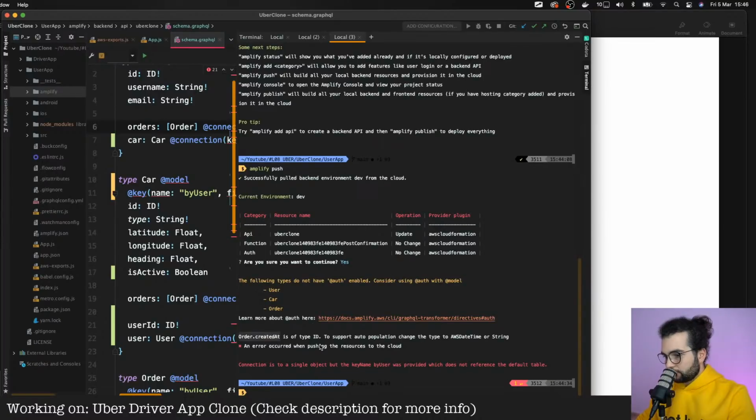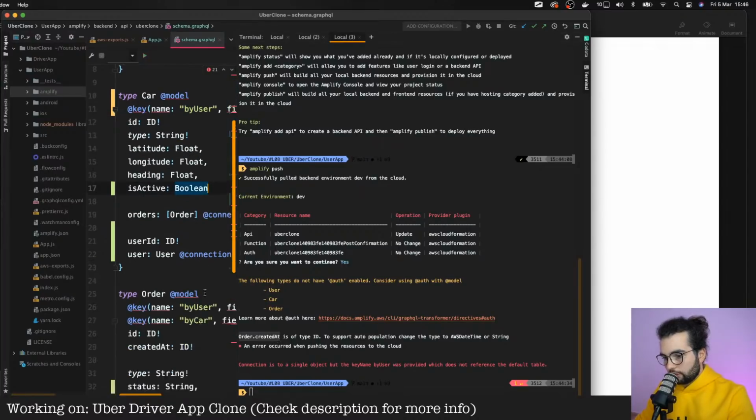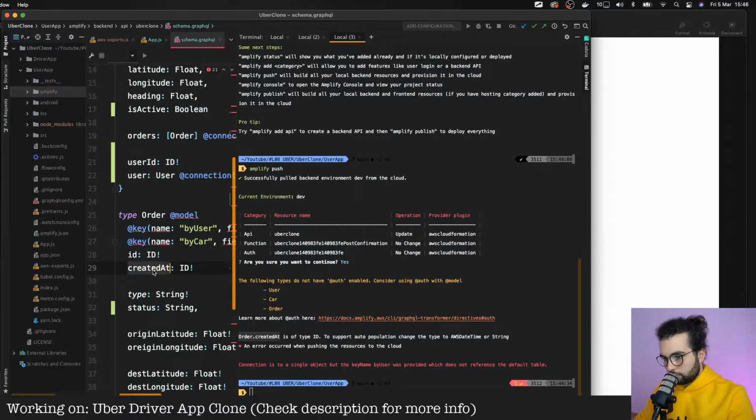Created at is of type ID. Order? No, I don't have. Why is created at ID? Should be string. But probably that's not the problem.